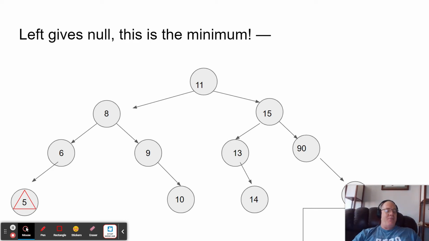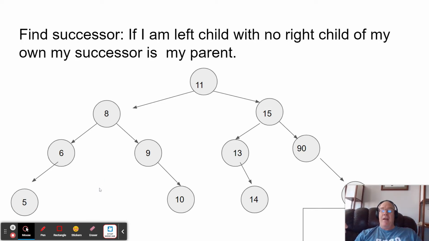Now we're going to count up. We're going to look at the successors from this smallest element. Well, what's the next larger element? If we just inspect it, we see that it's this 6. How did we get that? Well, your successor is generally going to be the smallest element of your right subtree. That's the general rule. But there is no right subtree. So it's going to be the first ancestor for which that ancestor points to the left to get to you. Okay, well, in this case, that ancestor is my direct parent,